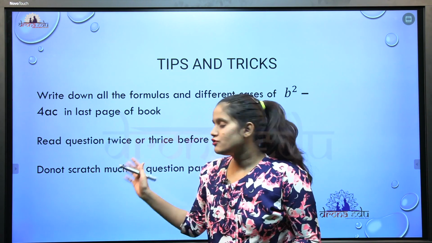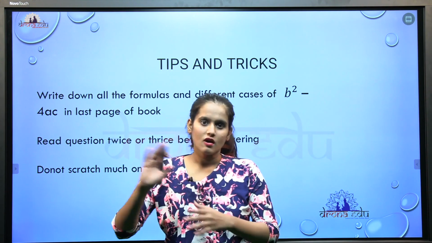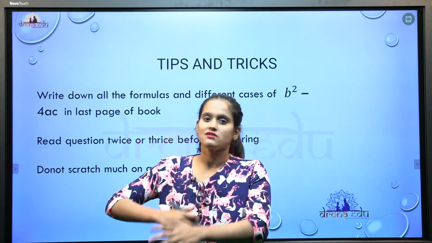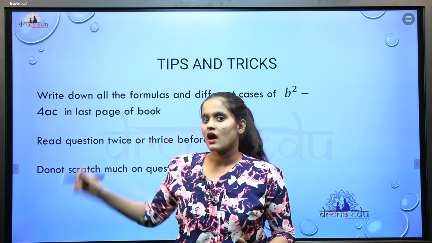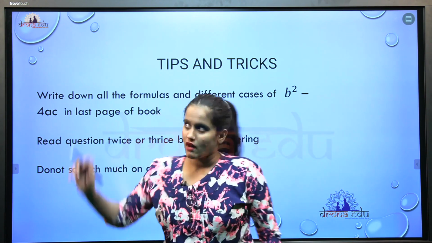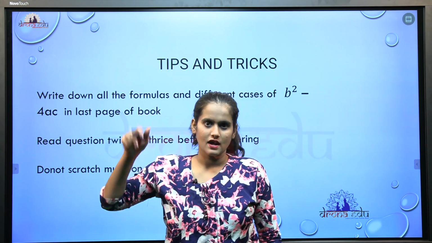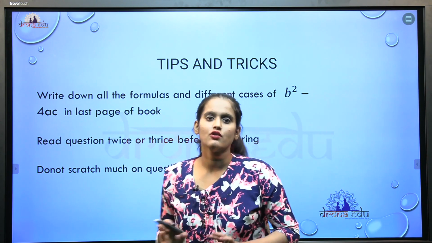And finally, do not scratch. See, even I scratched like 1 or 2 lines, right? So 1 or 2 is fine, but don't scratch much in your paper. If the entire statement is wrong, you can't scratch everything, right? So what you'll do, just put a bracket and write the wrong mark and move on to the next line and write it. Okay, so these are the tips I want to give you guys.